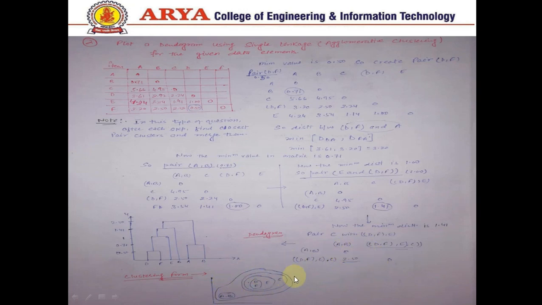Finally the elements are A, B, C, D, E, F. This is the Venn diagram of all the values, and when we draw these values on a dendrogram it will look similar to this. Here we represent the pairs: the first pair is D, F, and then the second pair is F, E. So EF, E is your next pair. Then C, A, B. So A, B is a pair and then it will be final, and these are the minimum distances we mentioned when making the pairs.